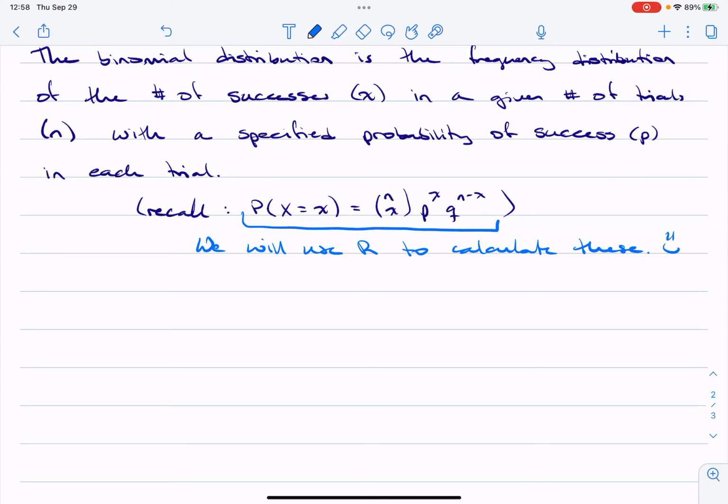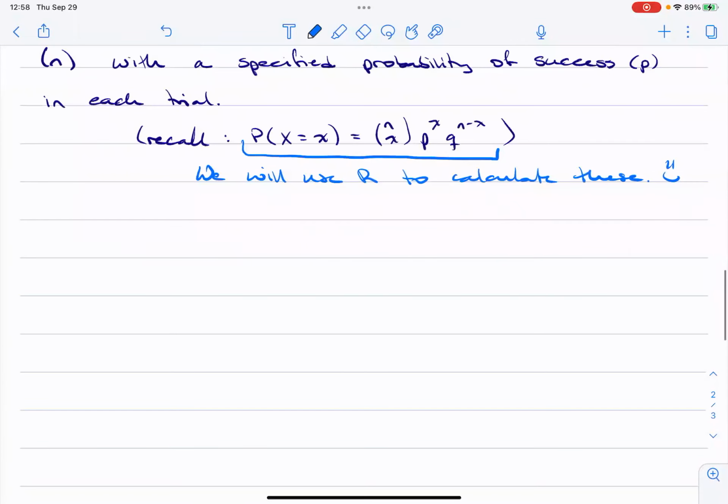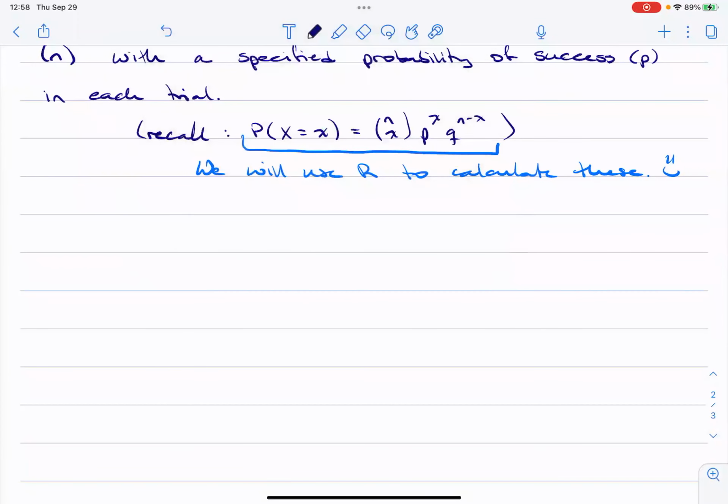With the binomial problems that we've done in the past, there were a couple of different problems that we could ask. We can find the probability of exactly some number of successes, or at least some number of successes, or more than some number of successes. But the exact probability, when we're finding that, we call it the PMF or the PDF, the probability mass function or density function. I think it's density function. I usually just say distribution function.